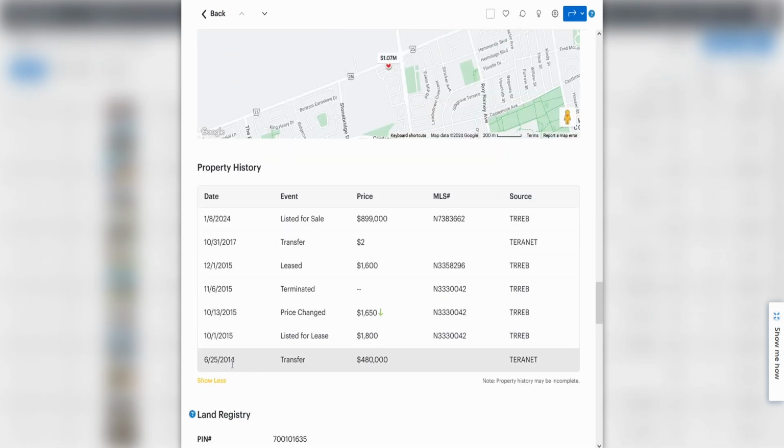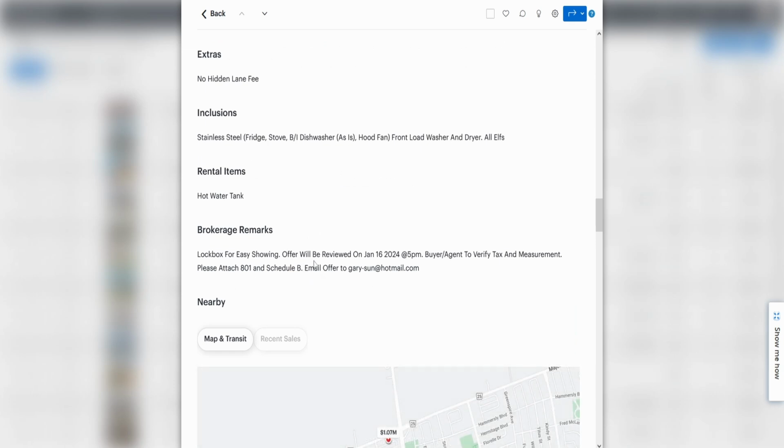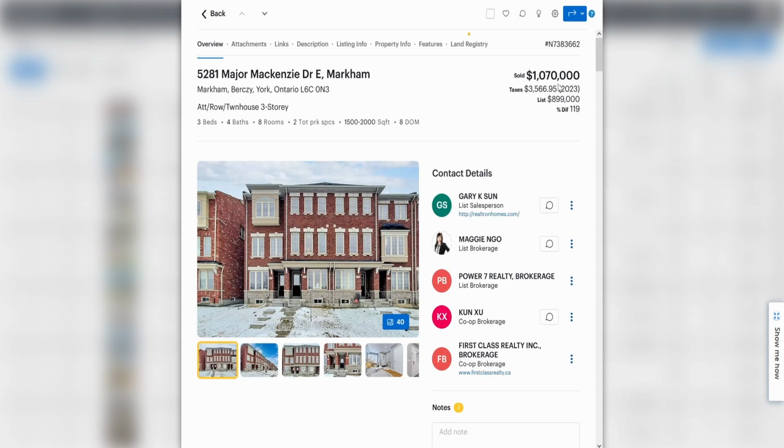It seems like it was purchased in 2014 for $480,000. It seems like it has been leased for a few years, and for some reason it was maybe transferred to a family member in 2017 and they decided to list the unit on January 8 of this year at $899,000. Like I expected, here in the broker remarks they'd be reviewing the offers on January 16th. So eventually it was sold for 1.07 million,